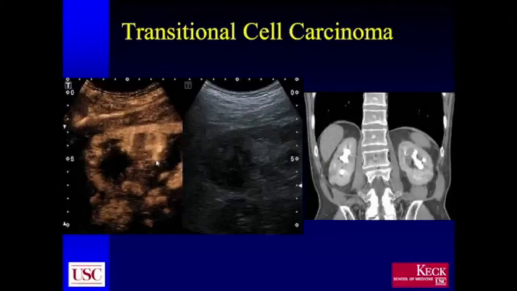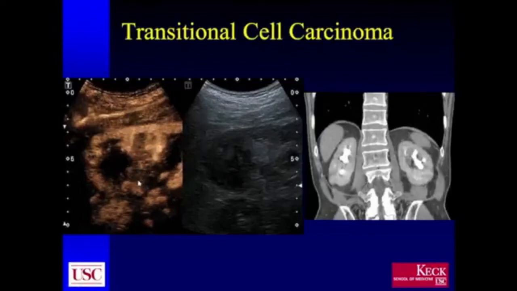So we contrasted him because what appeared to be, to us on the grayscale examination, almost looked like a large mass in the upper pole, which he clearly did not have previously. This actually turned out to be an abscess that had occurred in this amputated calyx. And in fact, the transitional cell carcinoma is shown as this low vascularity, hypodense area in the center part of